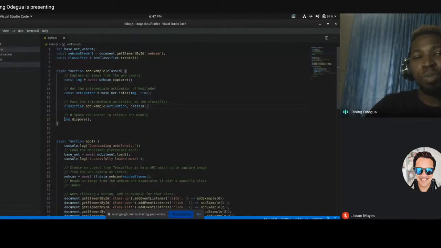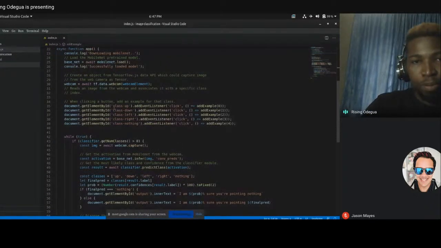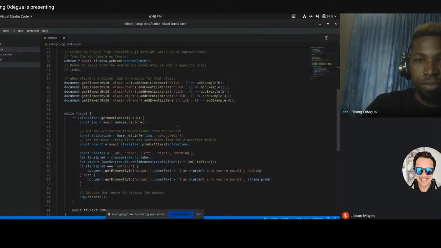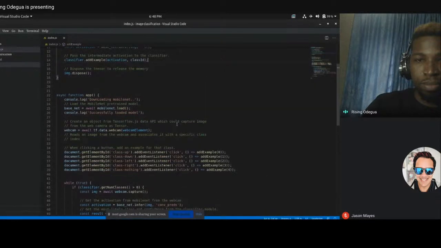Also remember to do some cleanup: we dispose the image so that we release some of the memory. We call each class on click and add it, so we add for 0, 1, 2, 3, and 4, which are associated with up, down, left, right, and nothing.